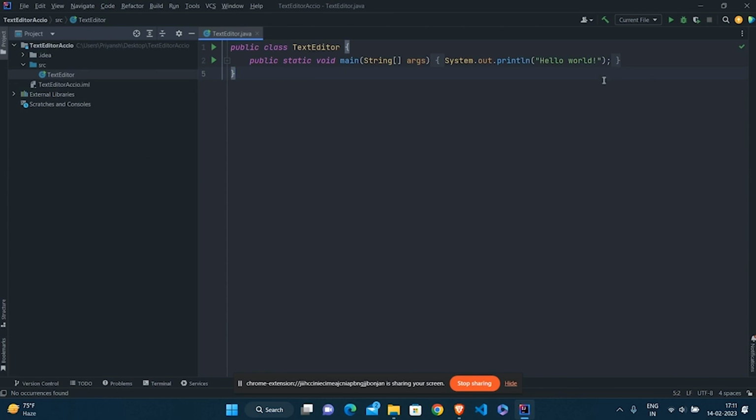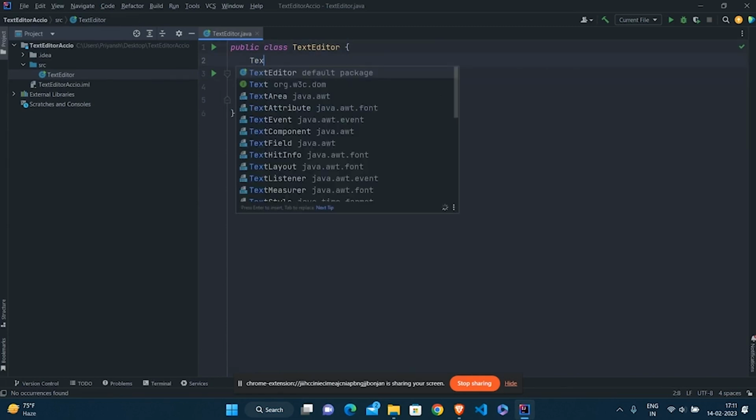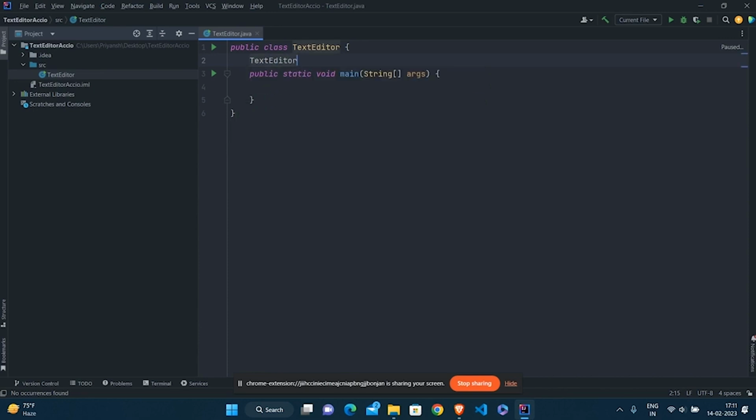Now, inside this text editor class, I'm going to make the functions that are going to behave like a text editor. Now, inside this main function, let's just delete this thing. What I need to do is create a constructor here that is going to be text editor.